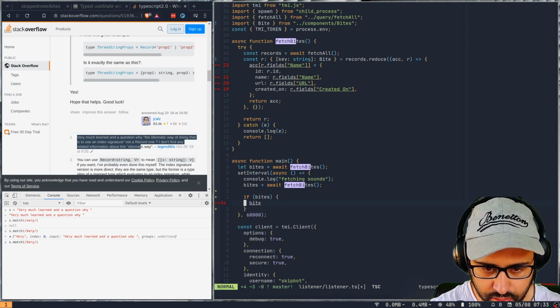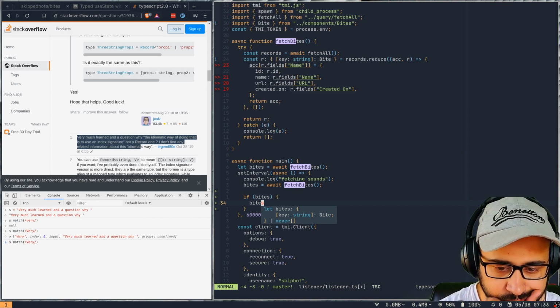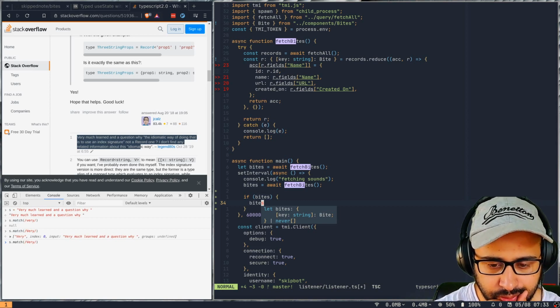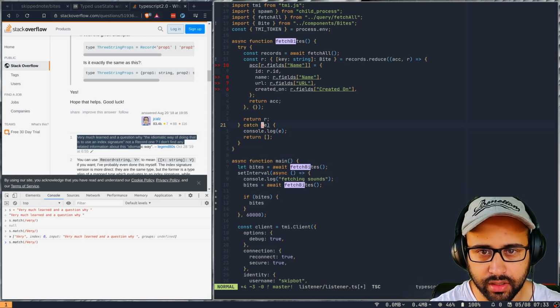Should be bytes. So okay, it's still a never because, okay, so it's byte that is typed incorrectly, and I'm not sure why I have done that.